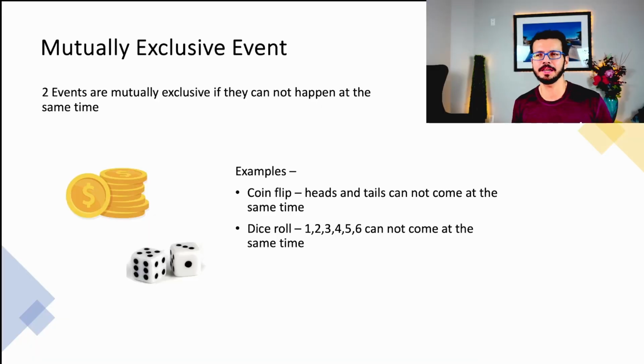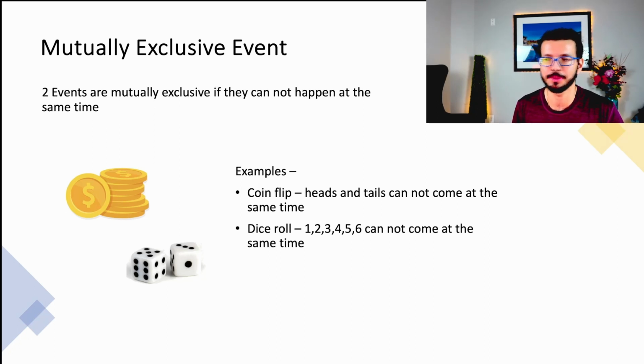All right, so let's get started with mutually exclusive events. Now, two events are called mutually exclusive if they cannot happen at the same time. So let's try to understand this with a simple example. Let's say you have a coin and you start flipping the coin. You can either get a heads or you can get a tails. You cannot get both heads and tails at the same time. So these two events, the event of getting a heads and the event of getting a tails, will be called